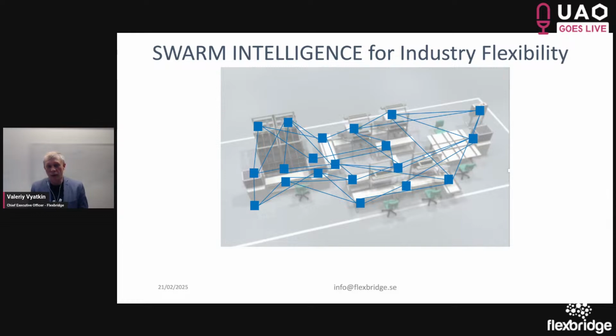We are very motivated by the challenge of industry flexibility, and we see the solution in decentralized swarm intelligence: the shift of production systems to be automated in a distributed way and controlled with a swarm of interconnected control devices.